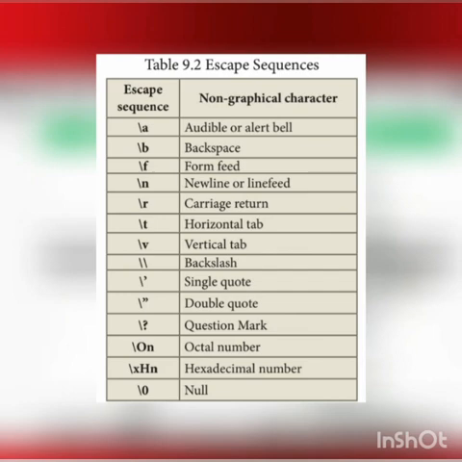So these are the escape sequences. Even though an escape sequence contains two characters, it should be enclosed within single quotes, because C++ considers escape sequences as character constants and allocates 1 byte in ASCII representation.